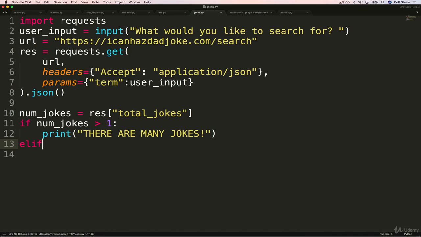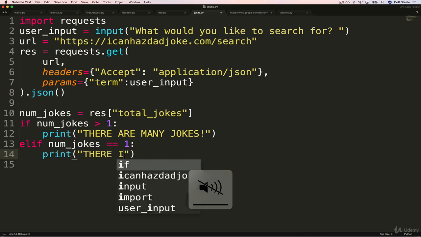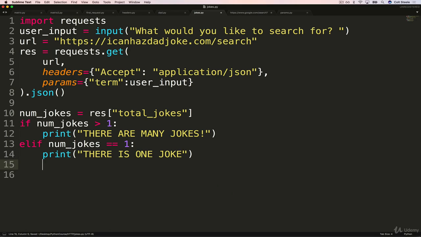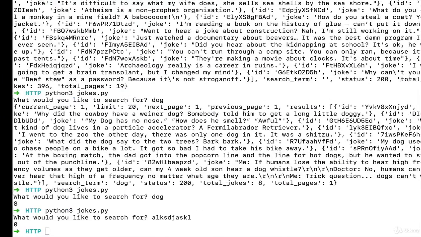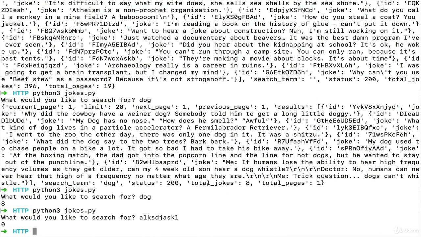If, or elif, num jokes is equal to 1, we can do a print: there is 1 joke. And then finally, we'll just do an else. We'll print there are no jokes. So again, we're not even using the actual length of the list of results. There's a shortcut that we get back from the API right here, total jokes.